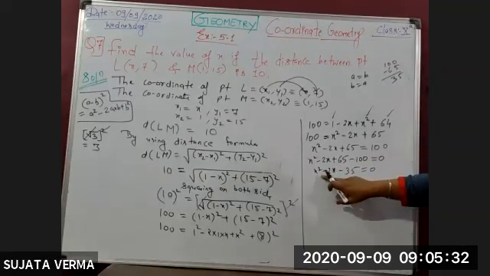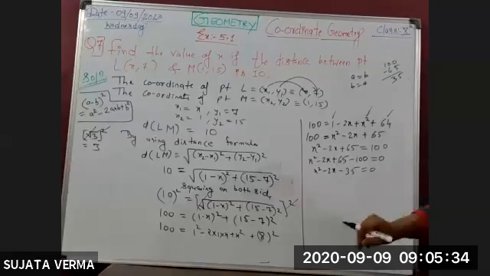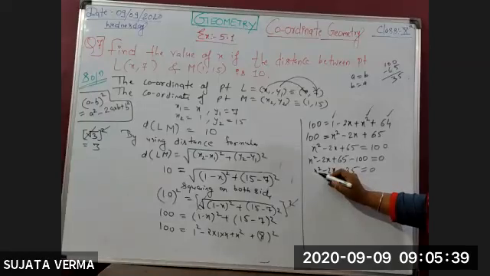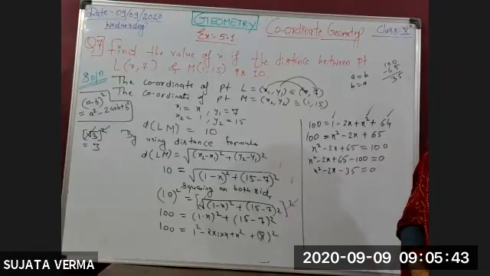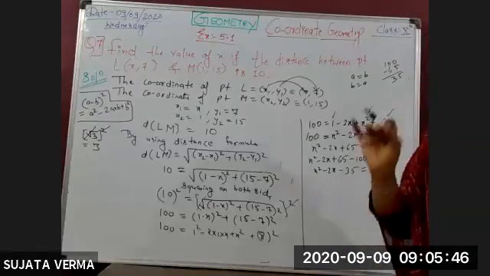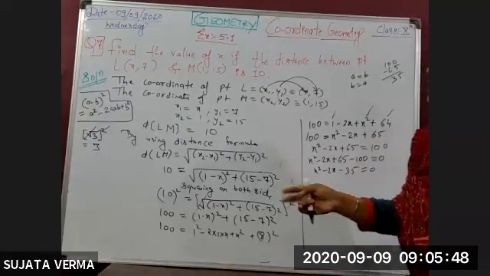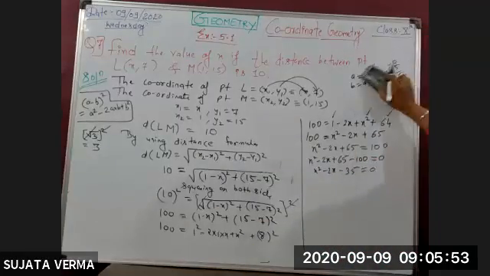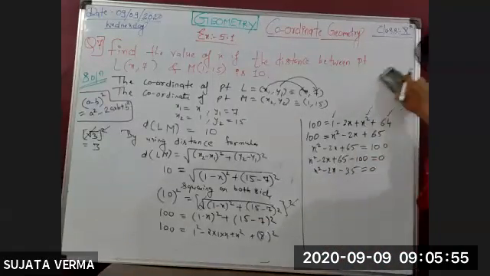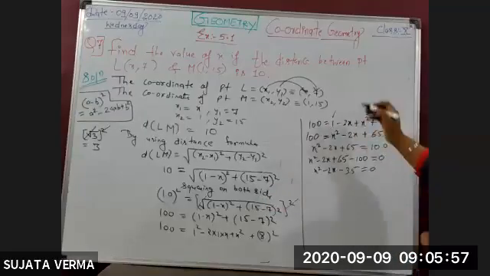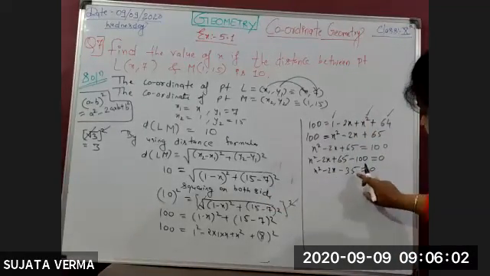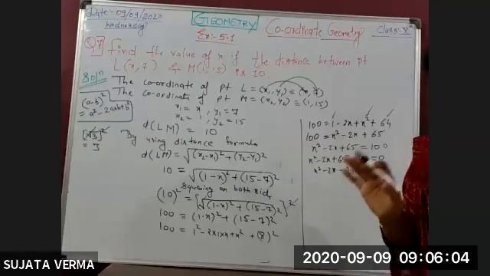Now listen carefully. This is the quadratic equation. Quadratic because the power of the variable is 2. If the equation is quadratic, then it has 2 solutions. That means we get 2 x values. So how can we solve? We have 35 and we have to find the factors of 35.